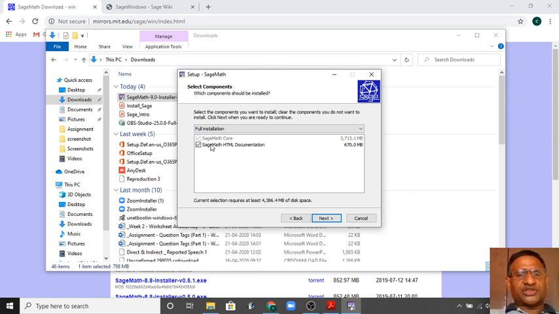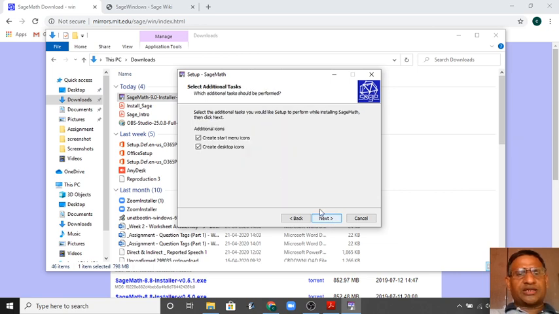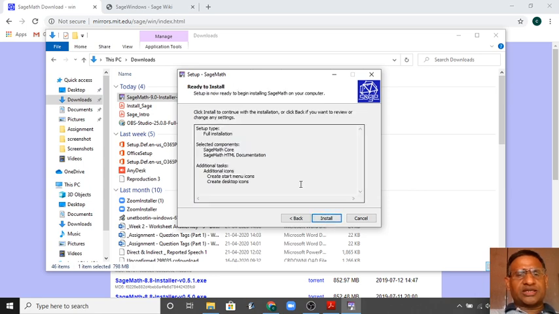Here there is only one extra component, which is SageMath HTML documentation. In the beginning, I think it is recommended that you also install this particular documentation. Then go to next, and then it will say that it will create icons on your desktop and start menu icons. Okay, so ask it to go to the next, and then it tells you what are the things that